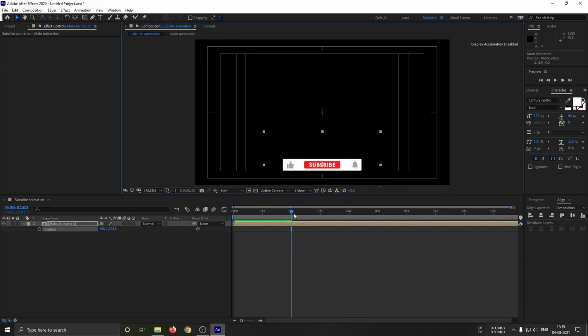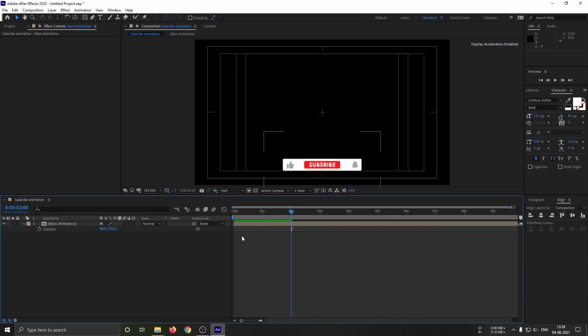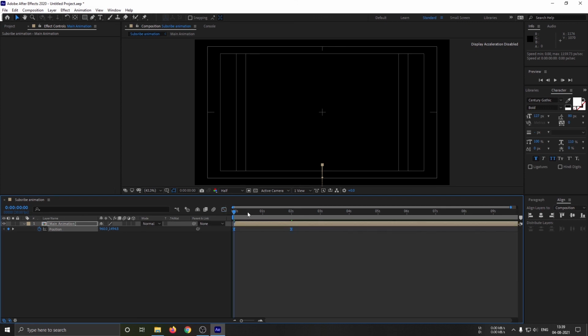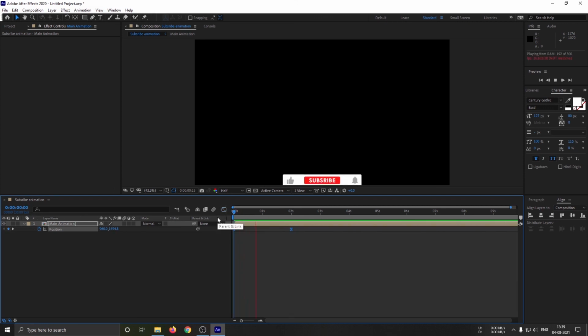Select the composition, go to the 2 seconds keyframe it, and go to 0 seconds and scale it down. Select the keyframes and ease them and make some graph like this. So here our final animation is ready. Now you can export this and use it in your video.